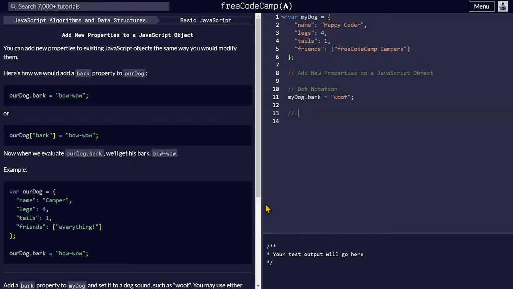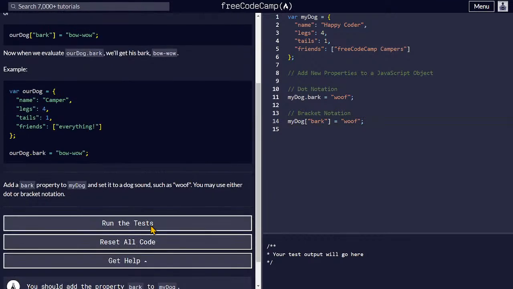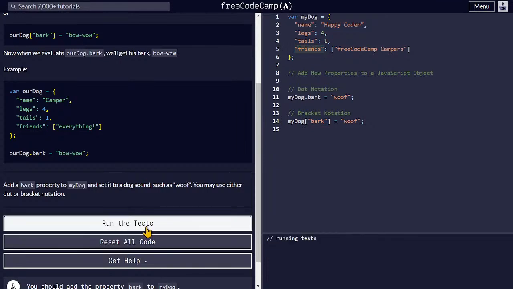So similarly, using the bracket notation, my dog, inside of this, bark, and inside, sorry, inside of assigning woof. So these are the things you should take care of. While doing the bracket notation, you should pass similar to these. So if you run the test,